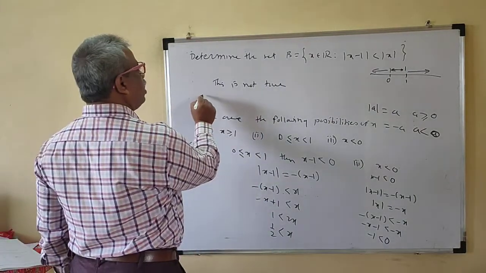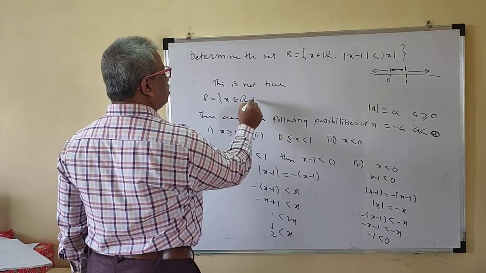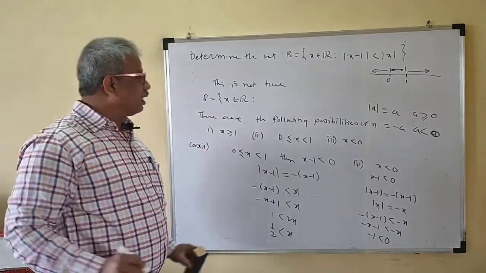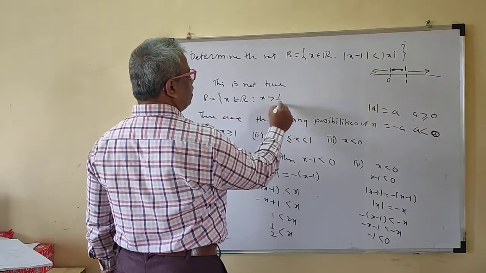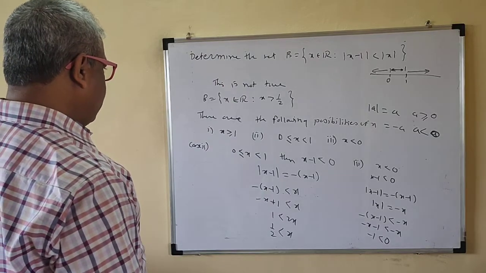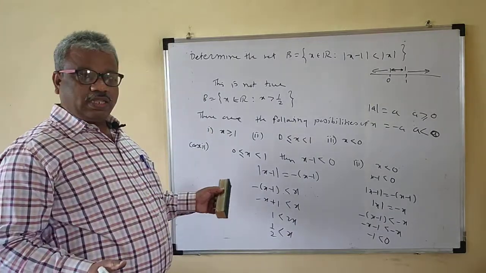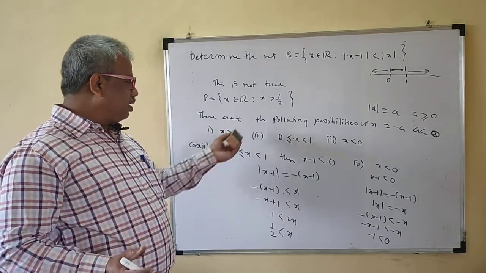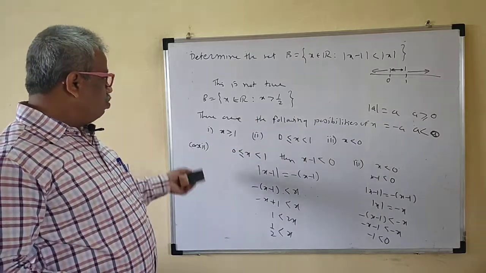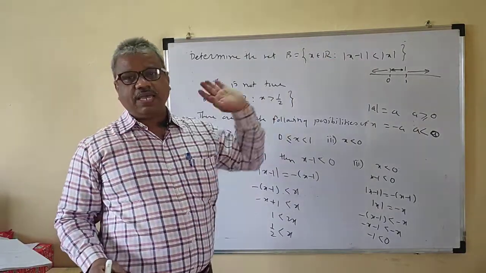That means your A, your B is the set of all x belonging to R such that, see here x is greater than 1, and here x is greater than half. So you may say that x is greater than half only. Here all x greater than half, and here all x greater than or equal to 1. Combining these, it is enough: x greater than or equal to 1 is already covered by x greater than half. So your B is just x greater than half. All x greater than half satisfy this condition.